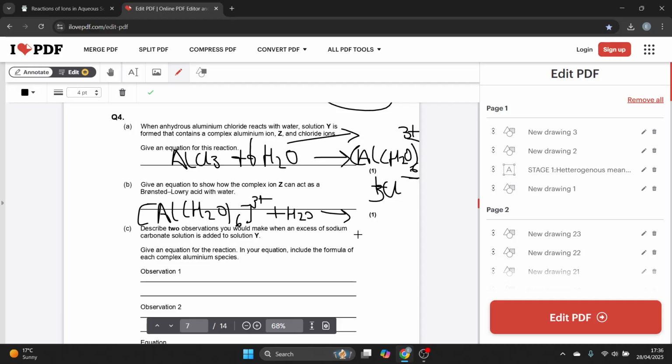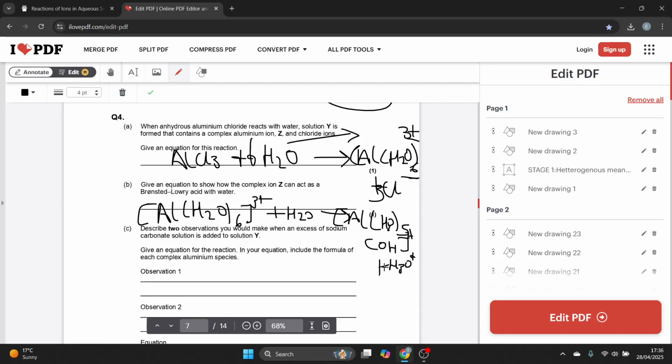And then what's it going to form? It's going to form Al(H2O)5(OH) 2+,